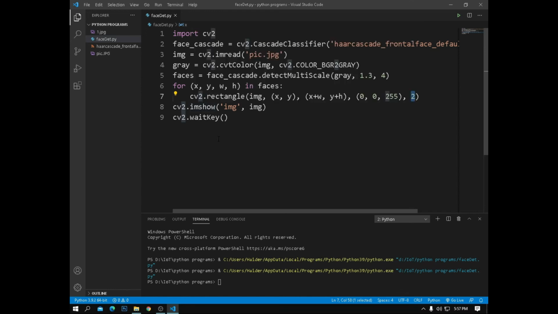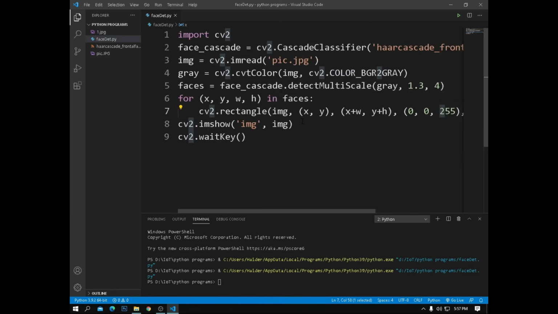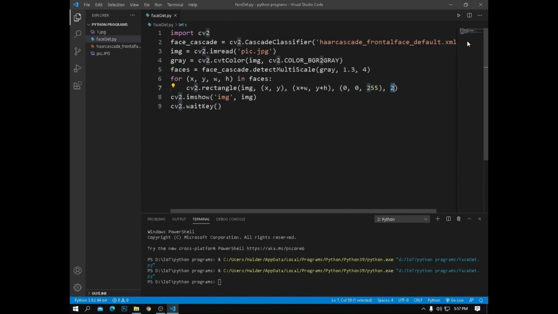So it draws the rectangle around the faces, and after that it will display the output with cv2.imshow, and cv2.waitKey will wait so you can see the image. Now I have explained the code line by line, and now let me run it and you will see how it works.